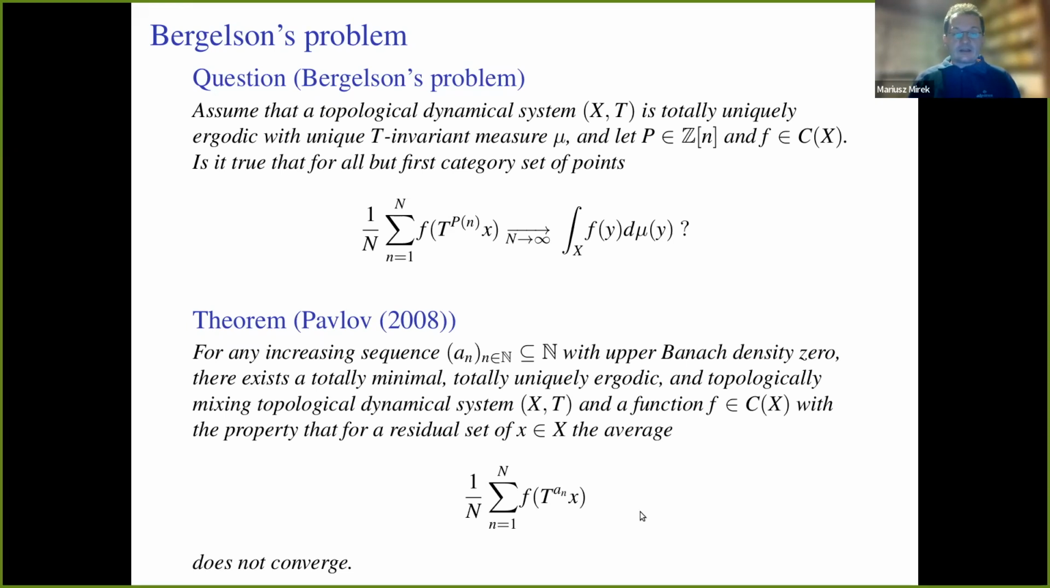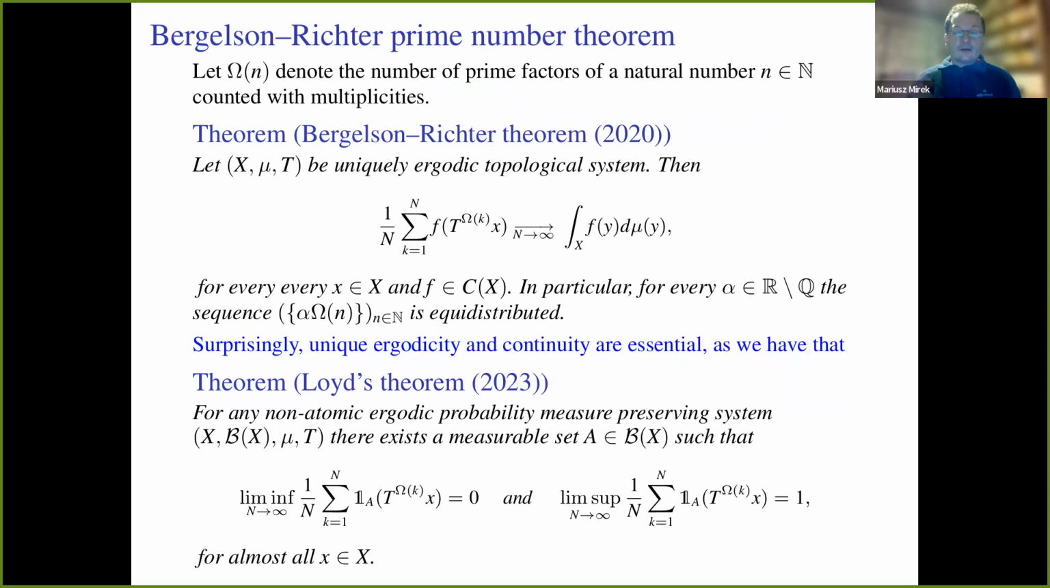So this result shows that the situation in the uniquely ergodic systems, in the topological dynamical systems, the convergence may be completely different. We have a completely different nature. We can expect completely different nature of these sequences. And now let me tell you what completely destroyed my intuition about the sequences: the result of Bergelson and Richter, their beautiful dynamical prime